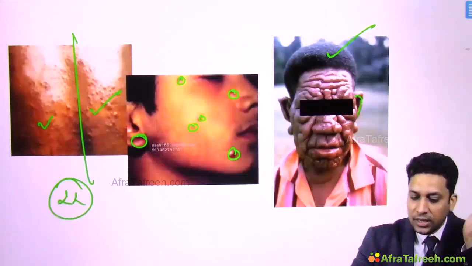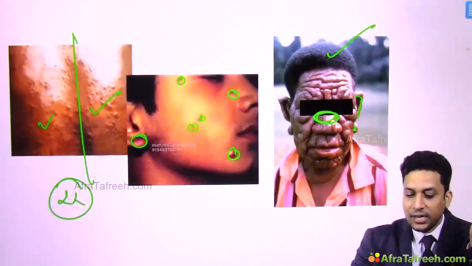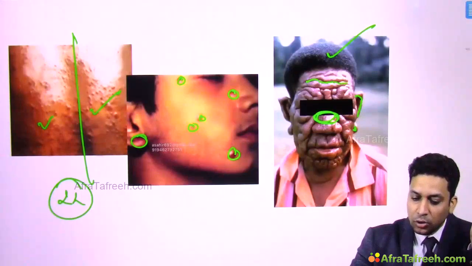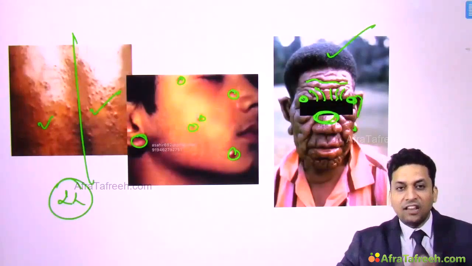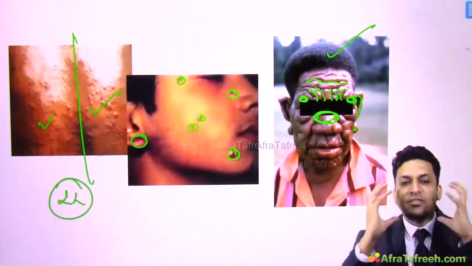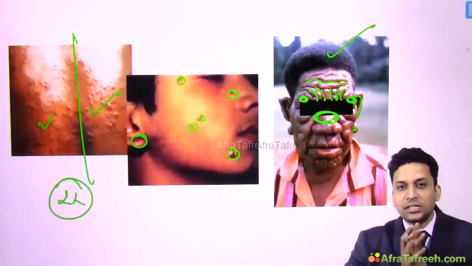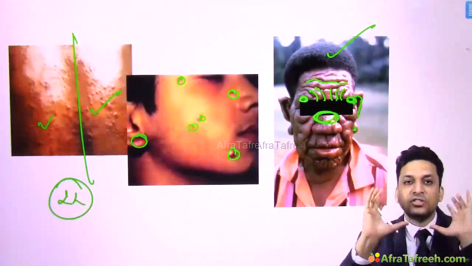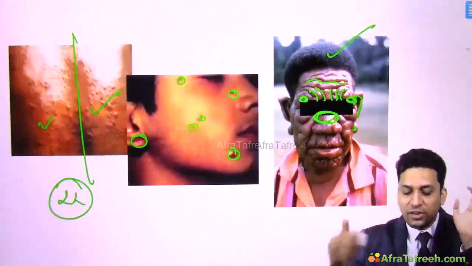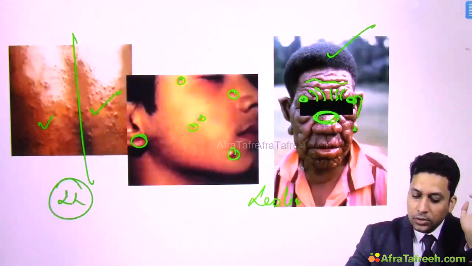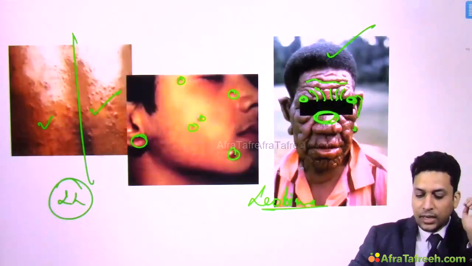You can see ear helix, ear lobe infiltration. There is saddle nose, which is one deformity seen in LL type. Then you can see these rugosities which are present over the face, and there is lateral madarosis, ciliary and supraciliary, and diffuse infiltration of the face. And due to this diffuse infiltration and rugosities of the face, it appears as if this is the face of a lion. So this is known as leonine facies. So leonine facies is seen in LL type.